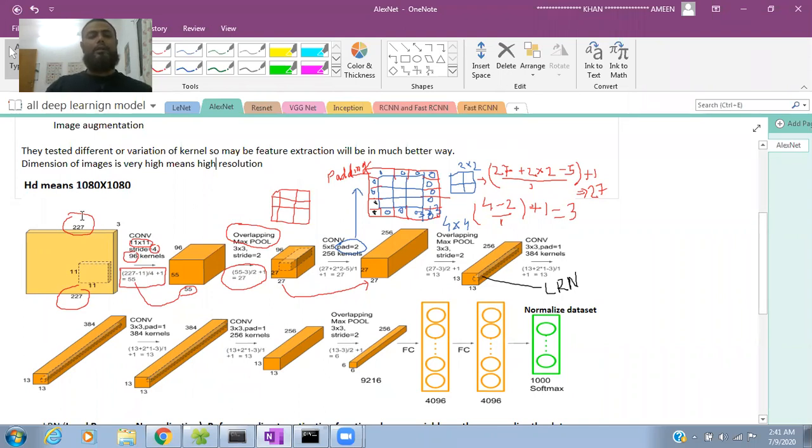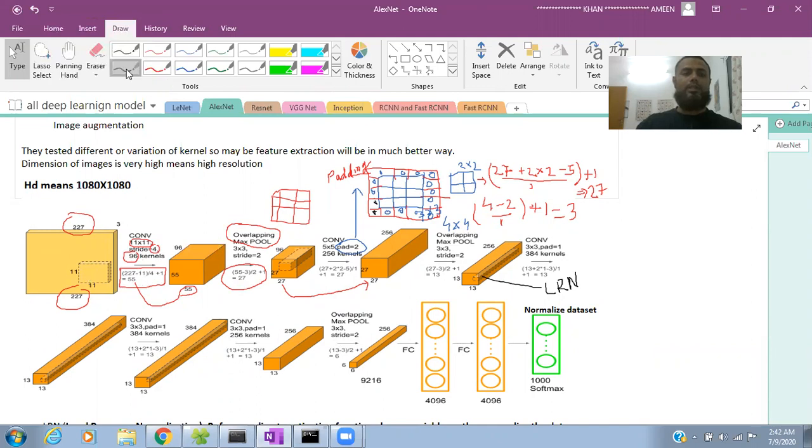Basically, in this architecture they are using, for the first time, different variations of the kernel. First they take the 11 by 11 kernel, and they are using 96 kernels. If you want to find what the next size will be, it is a very easy calculation.